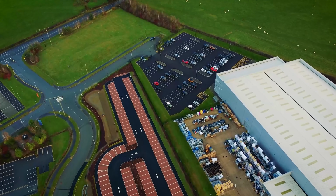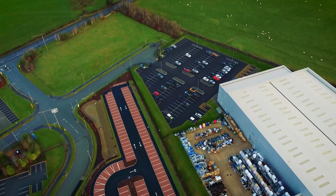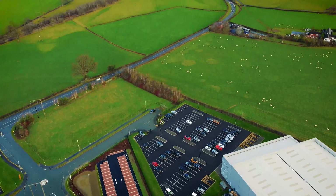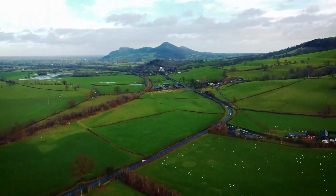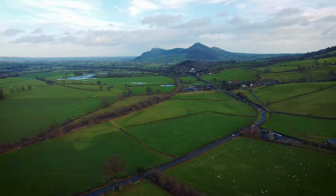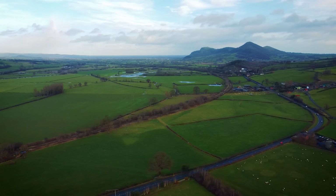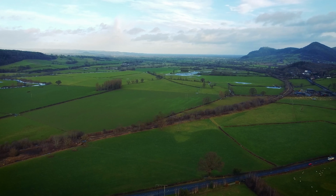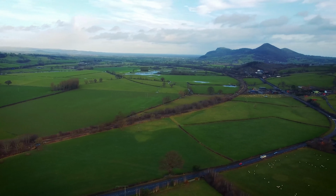I actually met a guy metal detecting down in that field just there. I think he's actually still down there. But he was a great guy. It was too windy to get the conversation in, but look at this view while I'm up here. That's fantastic. It is really windy, so I apologise if this is a little bit jumpy,